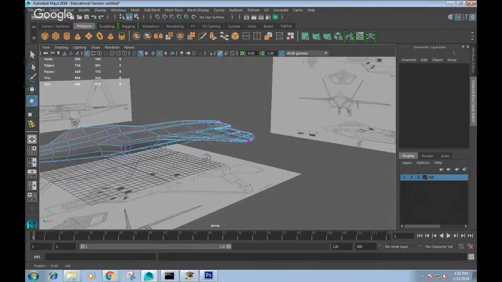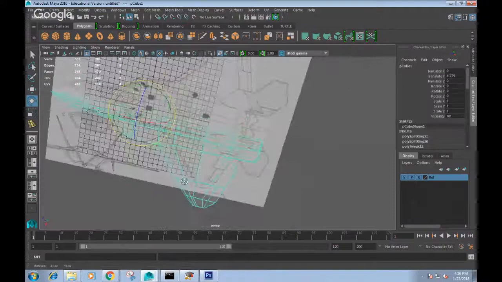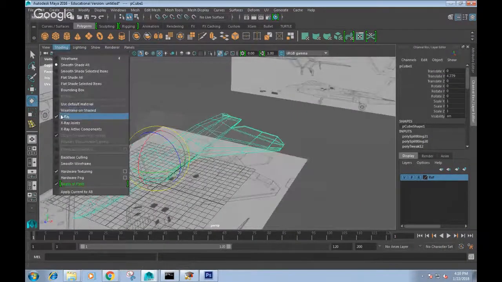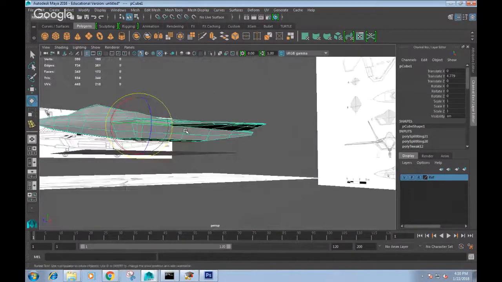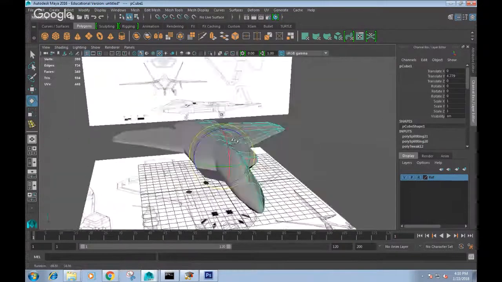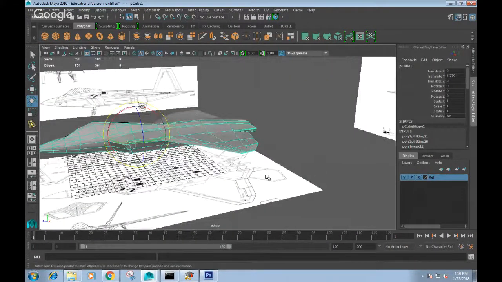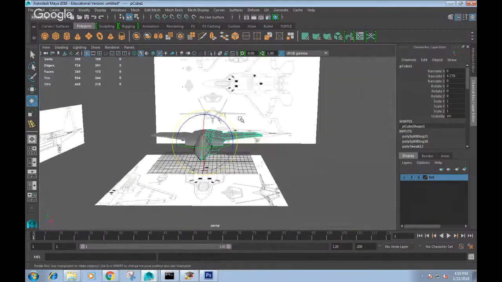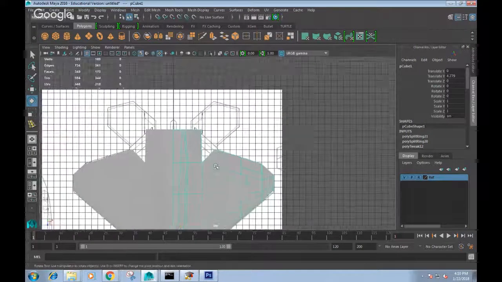Okay, I might not be able to get this as accurately as I want, but at least now I've got the F-22, the general shape out. Okay, so let's take a look at it without the X-ray. And you can see the amount of edge loops that I use on this is still relatively low. Then what about the stabilators and the vertical stabilizers? Those are actually quite easy to do. But before we do that, let's do